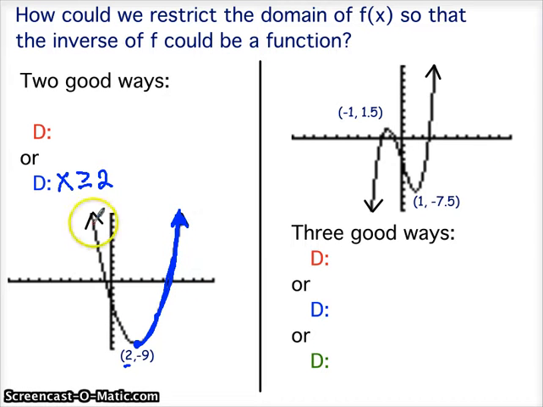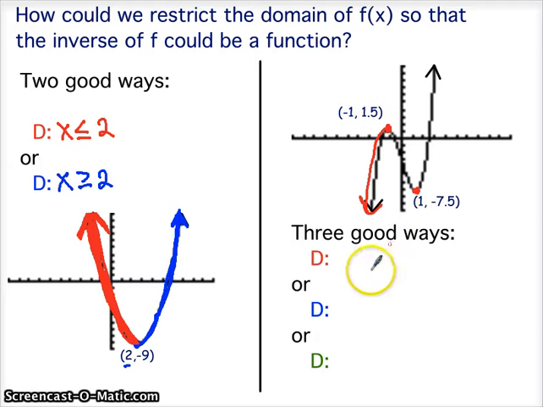You can imagine I'm not going to run into two different spots. At the same time, I could do the same thing. What if I only looked at the left side? What if I only look at this red portion here, or I said x is less than or equal to 2. The red part alone also is going to pass my horizontal line test. I'm only ever going to run into that red line in one spot. Same thing goes for my cubic function. If you think about from these maximum and minimum points here, from -1 and to the left, traveling down this way, as long as x is less than or equal to -1,